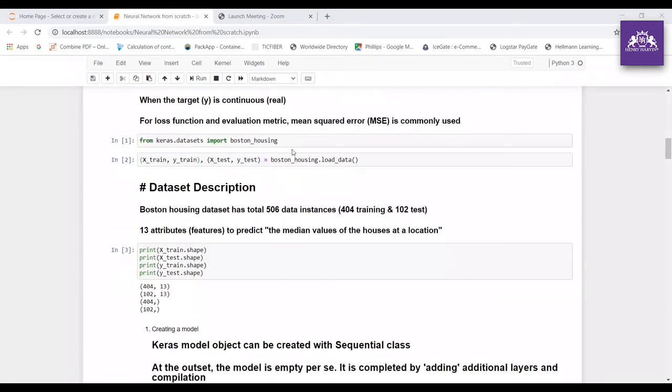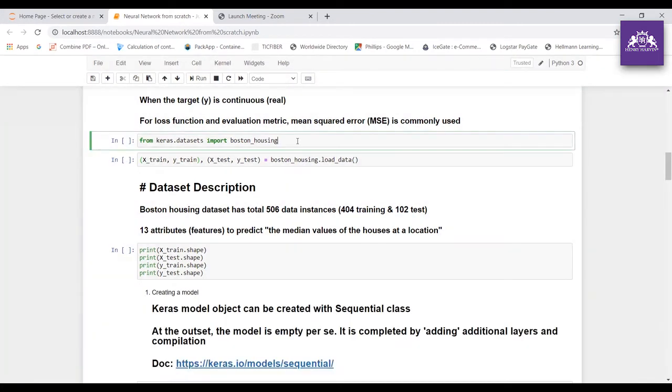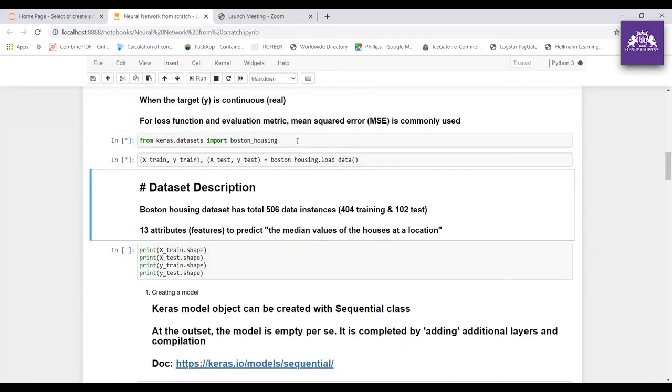The next step, let me execute the code now. x_train, y_train, x_test, y_test equal to boston_housing.load_data(), right? So I have loaded the data set now.